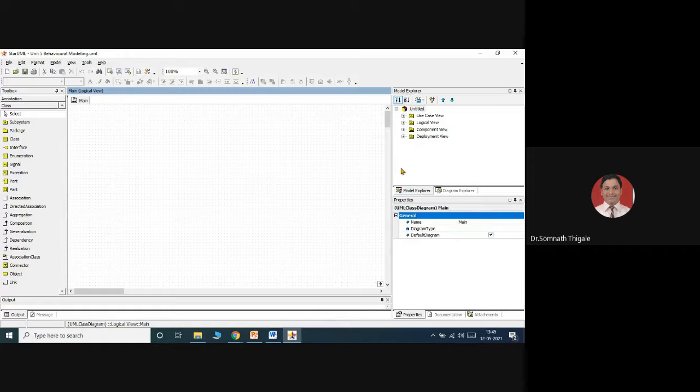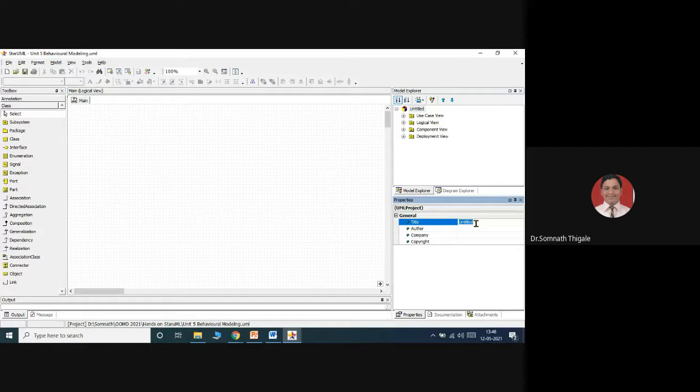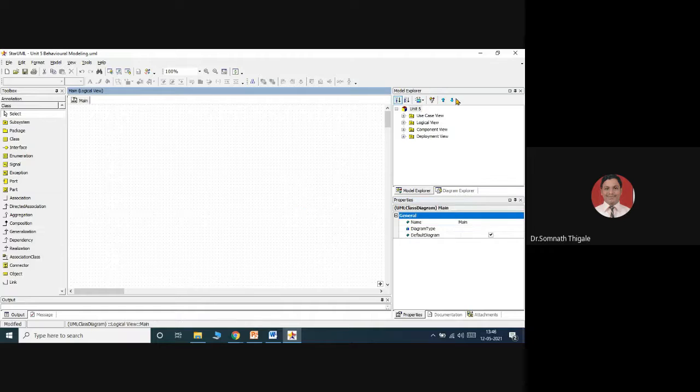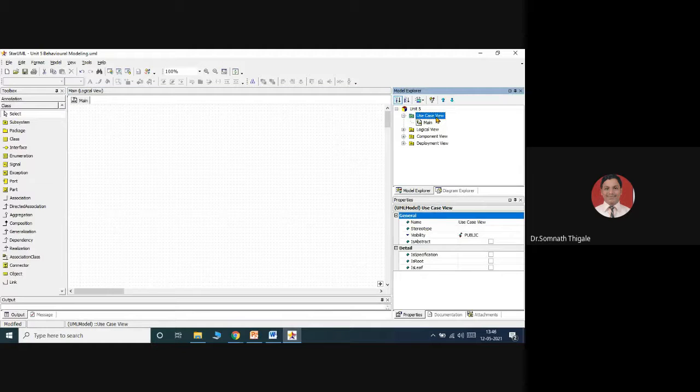Now you can see the first item is the use case view. Here I will give the name Unit 5 for simplicity. Unit 5 for the project name. This one is the project name. Inside this project view, the first thing we are getting is a use case view.